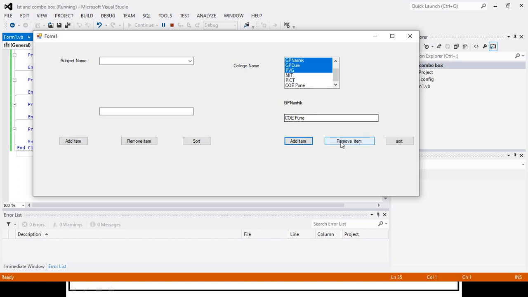Suppose I want to remove, so remove item will remove the single item, because we have written the single item. If I write items, then it will remove multiple items. Let us check that also. Suppose I sort it, so it will sort the elements of the list box in ascending order.